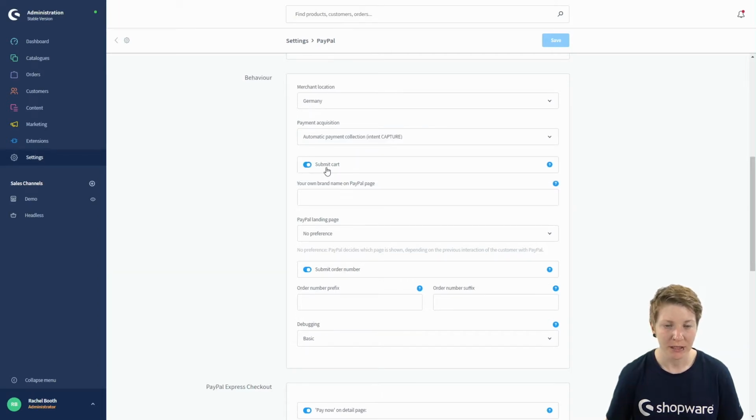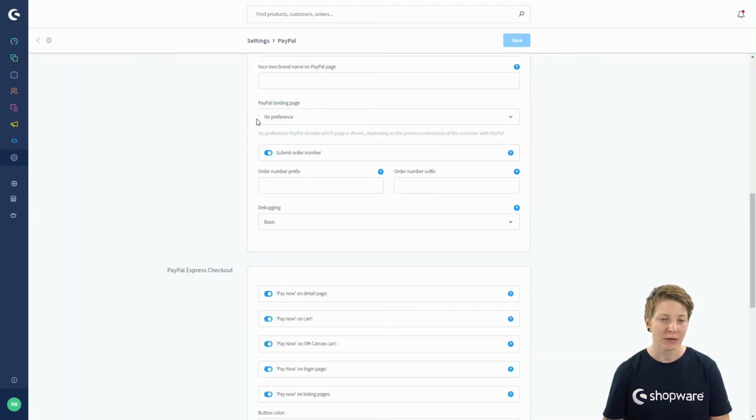In this step, we define if we want to submit the cart. If this option is active, the cart data will be submitted to PayPal at the checkout. And the customer can see his ordered product through the whole checkout as well. Here you can enter your brand name on PayPal. This text will be displayed as the brand name on the PayPal payment page.